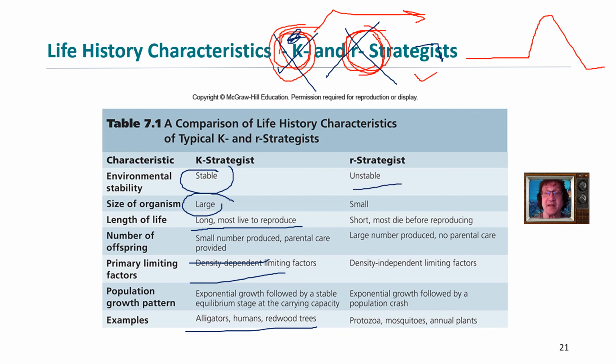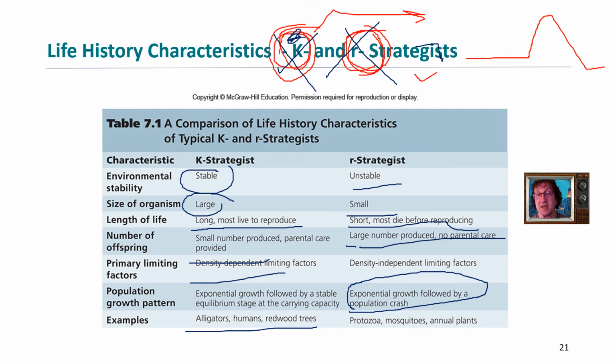R strategists usually live in unstable environments. And we will one day take a virtual field trip, and I will show you R strategists and K strategists and how they inhabit environments. These guys tend to be small, with short lives because most of them die as juveniles, and in adulthood they don't always live too long, except for oysters and certain ones. A lot of these guys die very young, sometimes within a year. They don't usually have parental care, and their growth rate is very quick, but their death rate can also be very quick in juveniles. And you can see here mosquitoes and what are called annual plants fit that category.